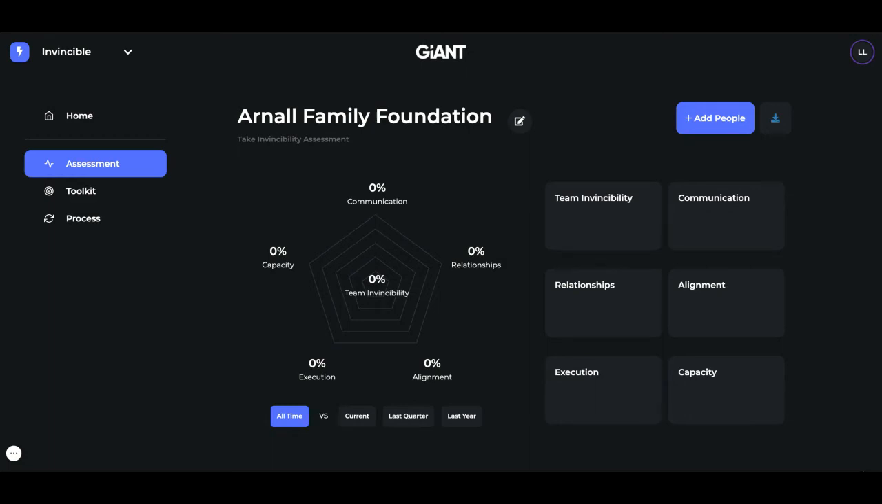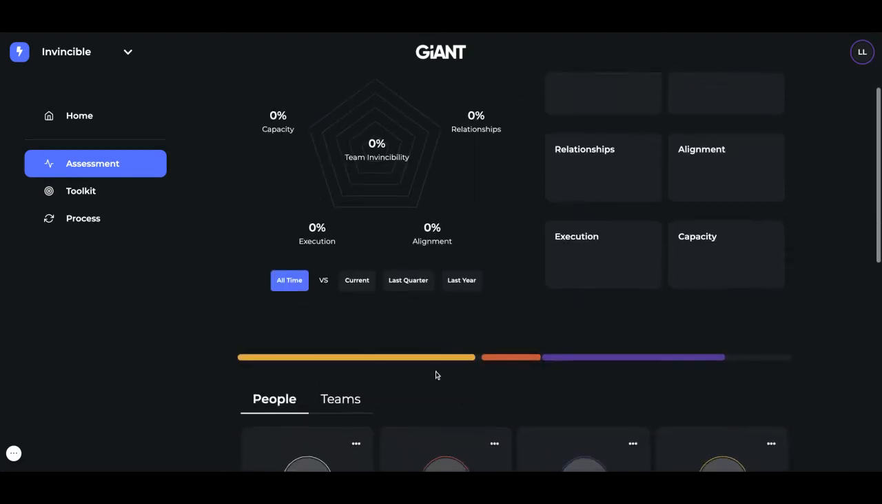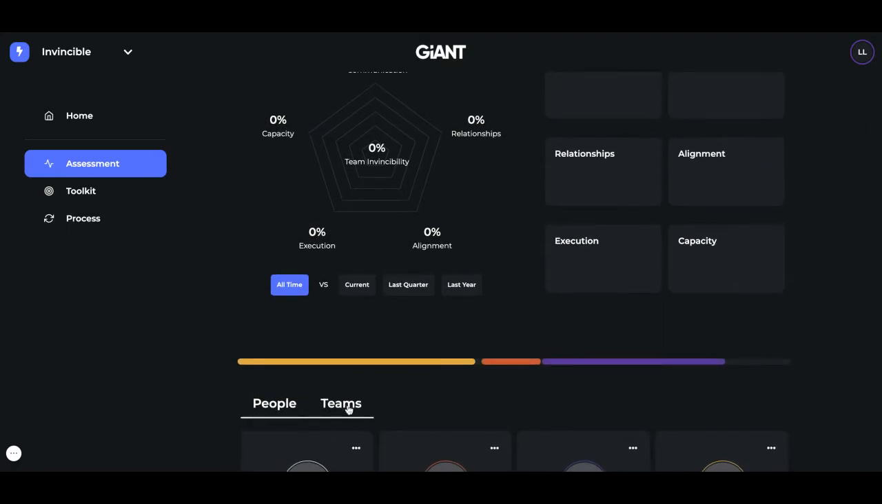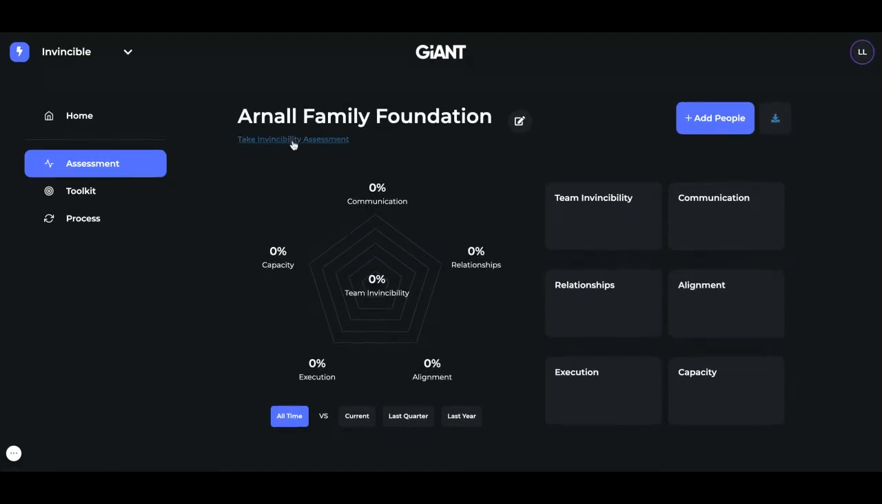This is part 2 of the Invincible tour for those of you who are administrators on your GiANT account. So you've learned how to add your people. You've learned how to add teams and put those people on teams. Now, once you do that and you've encouraged your people to start taking the invincibility assessment right here, and they